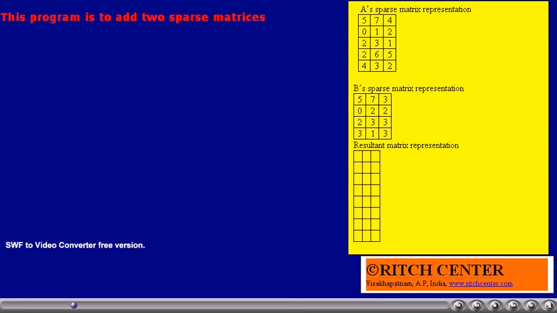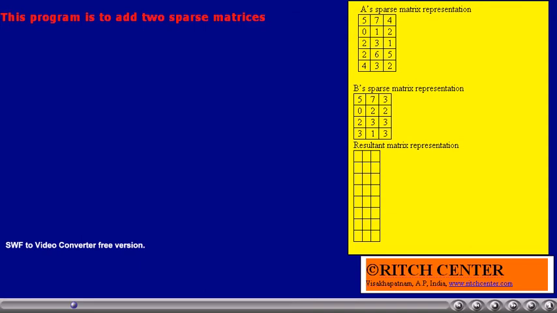Essentially, what we plan to do is traverse both the sparse matrix representations from row 1. We know that row 0 of the sparse matrix representation contains the size information, thus we traverse from row 1. Then we compare the meaningful elements' row index and column index.